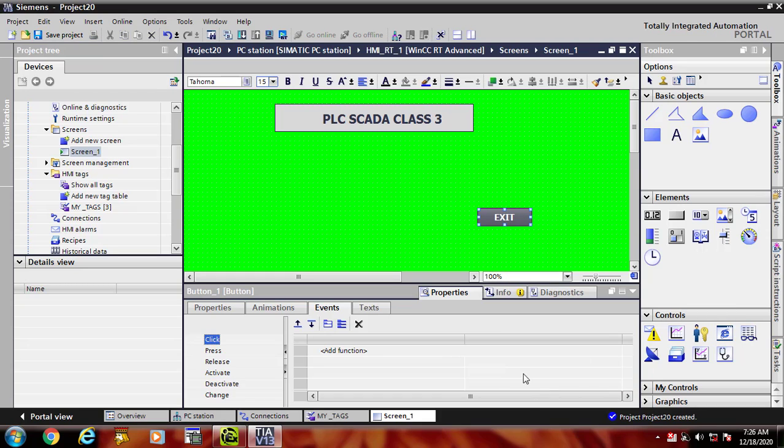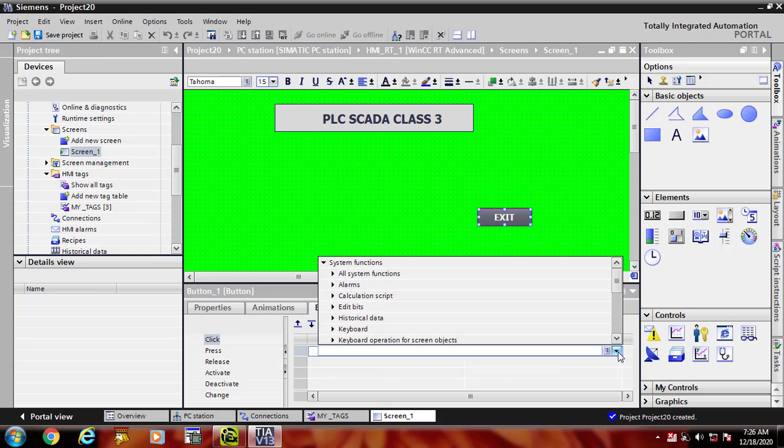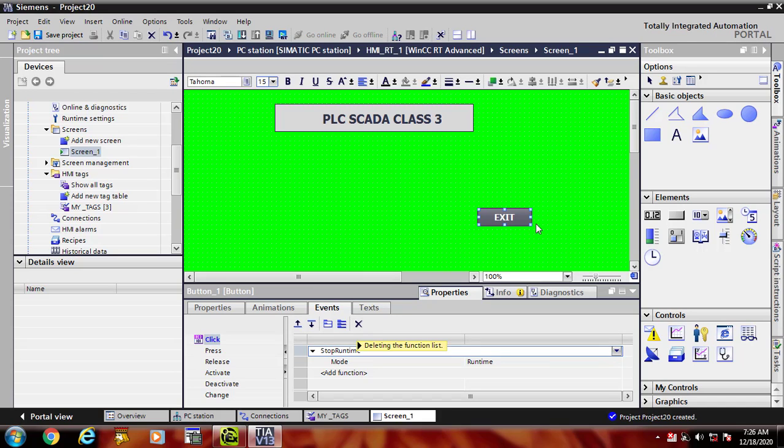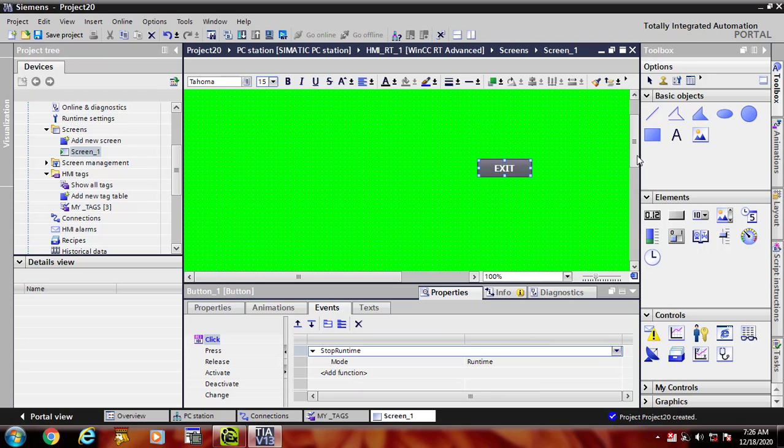Go to click, drag it down, go to other functions. Here you can see stop runtime. Yes, this is stop runtime, and this function will be assigned to my exit button. When I click on this button, it will stop runtime.